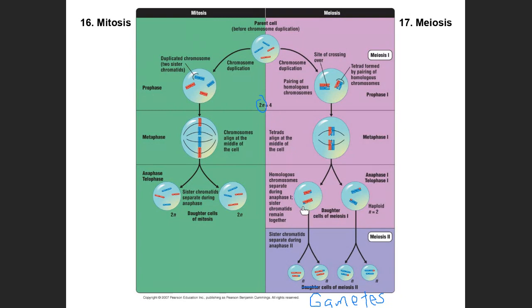But then we're going to talk about how this type of nuclear division has to undergo a second round of nuclear division, because there's something extra that needs to be done to ensure that the nuclei produced at the end of this type of cell division are only carrying 23 chromosomes total, nothing extra, and we'll describe it. But mainly for now,